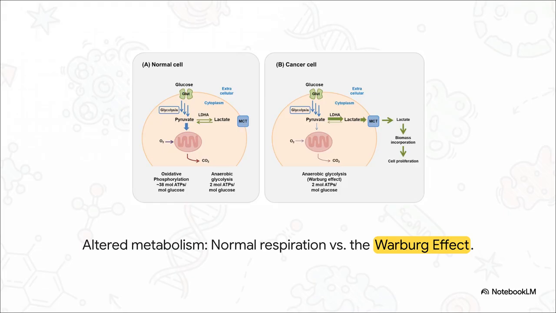Normally, a cell carefully and methodically processes glucose through the mitochondria for a massive payout of 38 ATP. It's a highly efficient system, but a cancer cell? It bypasses this almost completely, yielding a terrible 2 ATP per glucose. Why on earth would it do that? Because by churning through glucose at a massive, greedy rate, it rapidly generates lactate, which gets incorporated right into new biomass. It completely sacrifices efficiency for pure, unadulterated speed and building materials, supporting rapid, unchecked cell proliferation.